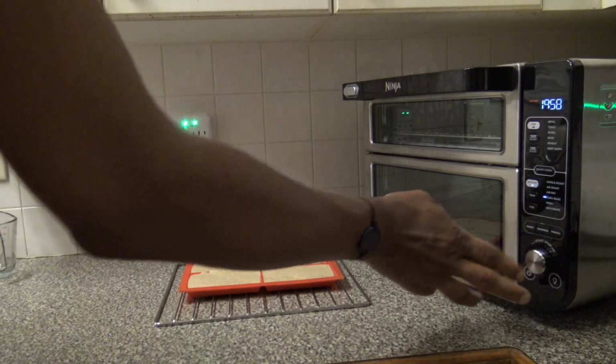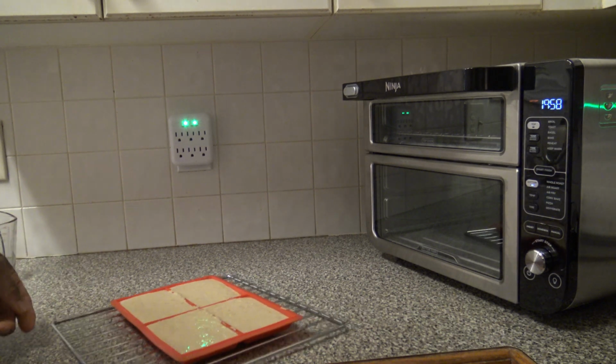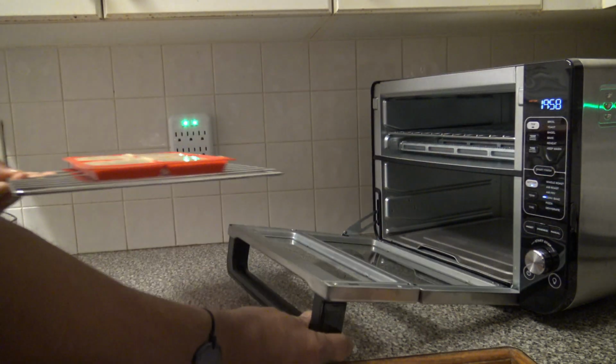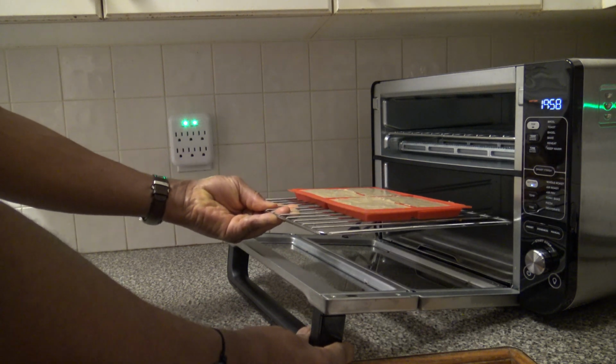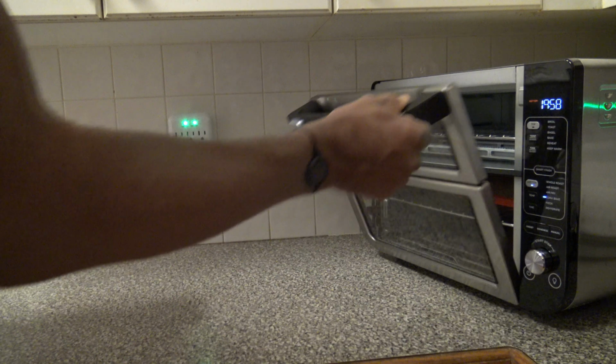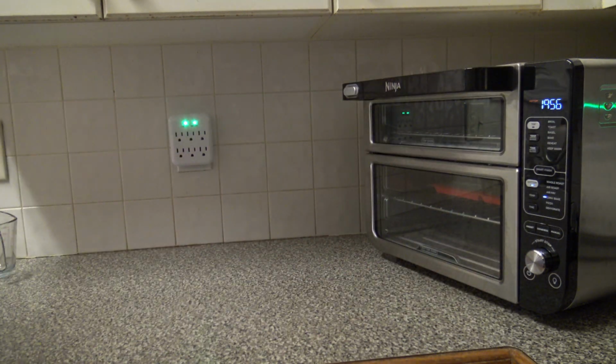Alright, preheat's done. I'm going to pause so that I can have time to get things in, because the door does not pause when opening up. So sliding things on in here on this middle rack level and close up. I'm going to let things cook for a while, and I'll bring you on back when things look like they're